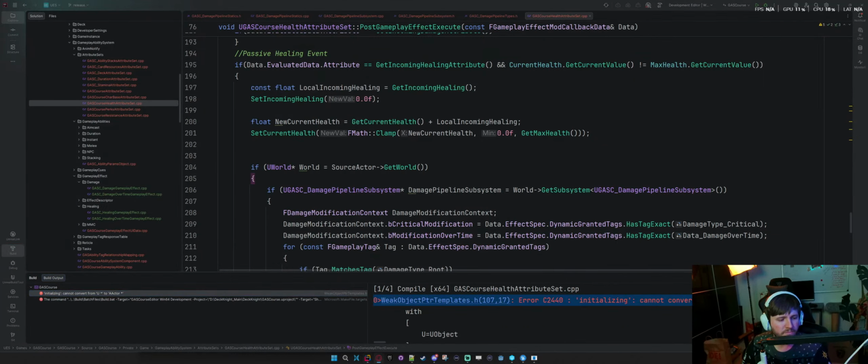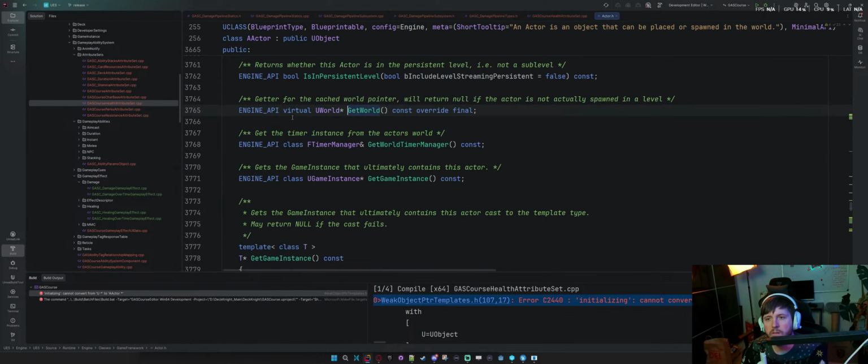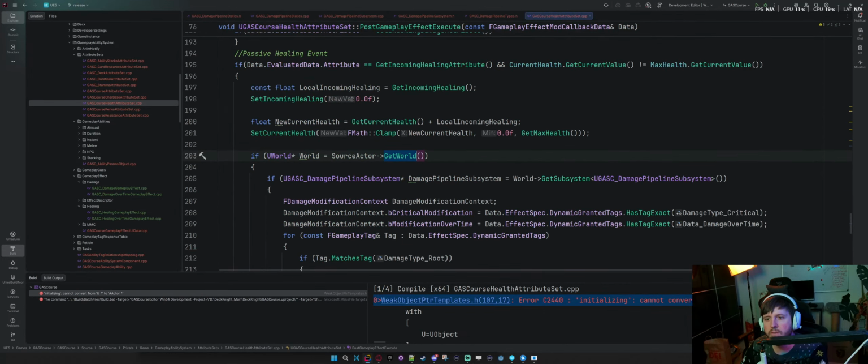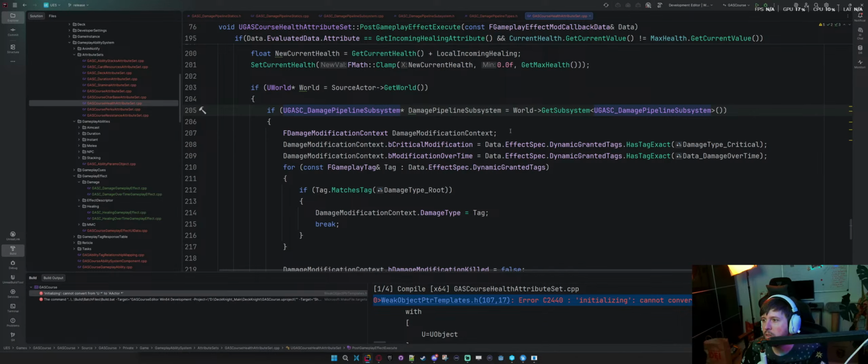But let's see. Where am I converting in here? From UObject to actor. Because get world returns UWorld, so now that's fine. Then we do this damage pipeline, get subsystem, fine. So that should be good.